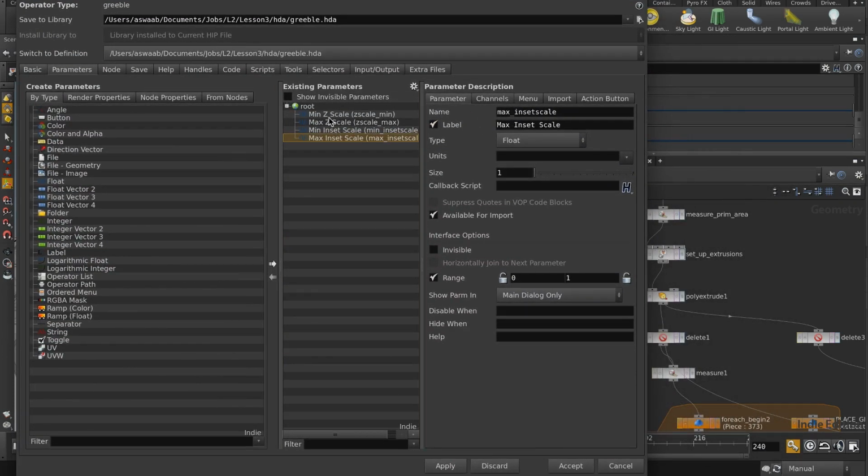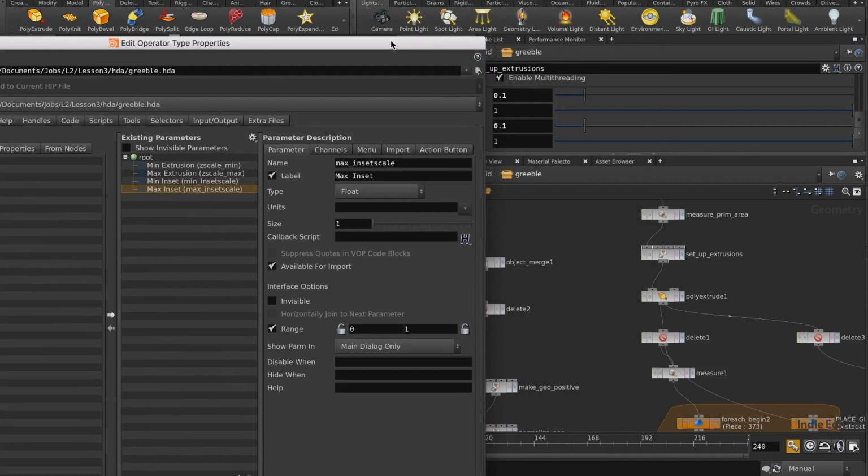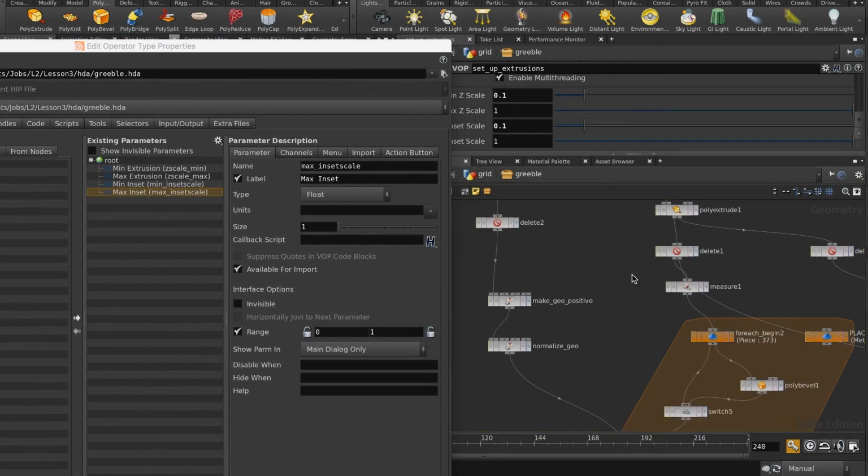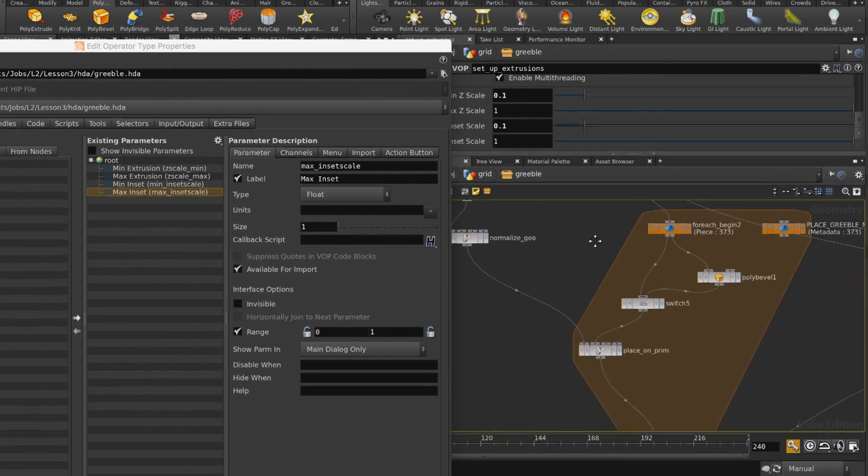And I'm just going to give this a name that's a little bit different here. So we will call this minimum extrusion. And we'll call this max extrusion. And just call that inset. Okay, going down here,